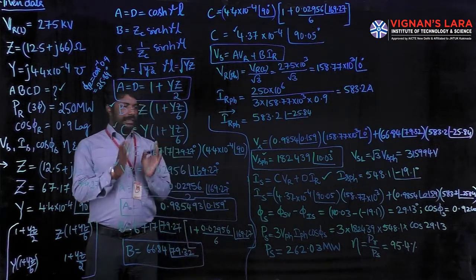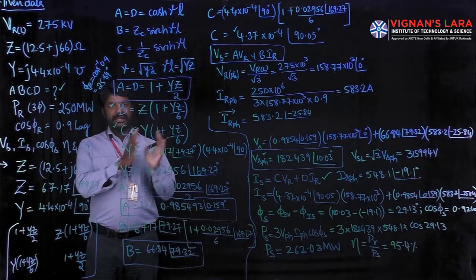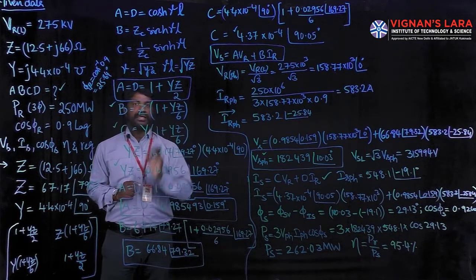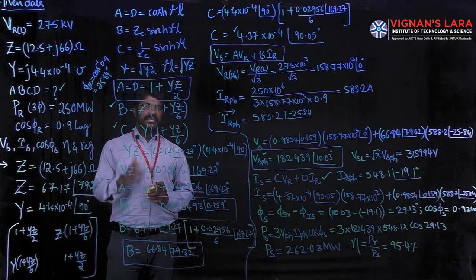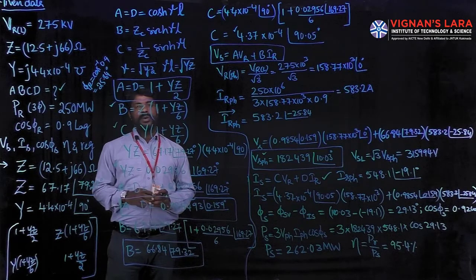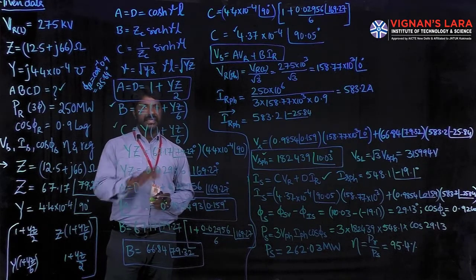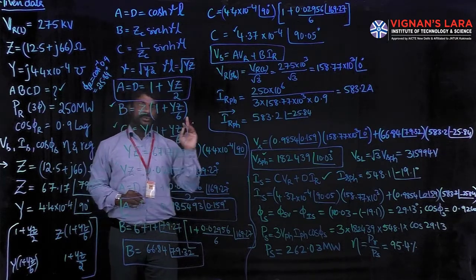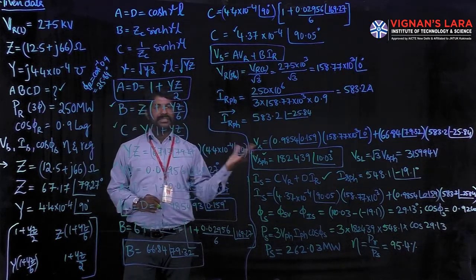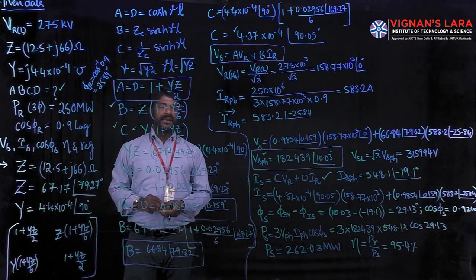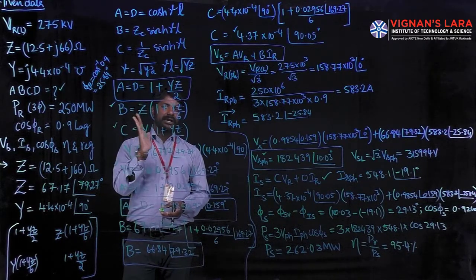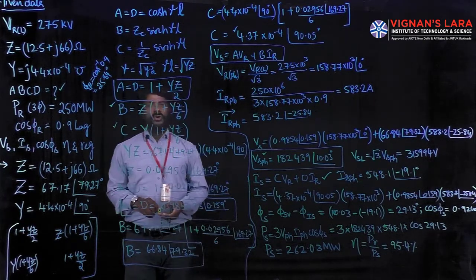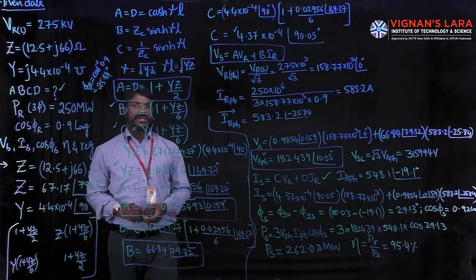This type of model is very simple when compared with the analytical method. In the analytical method, you have to go for KCLs and KVLs and put all the quantities in phasors, which makes the calculations complex. Once you know the ABCD constants, then it is the easiest procedure for finding Vs and Is irrespective of the circuit. You don't need the circuit topology at all, because for every pi network or T network or long or short line, we have defined our own ABCD constants depending upon the transmission line.